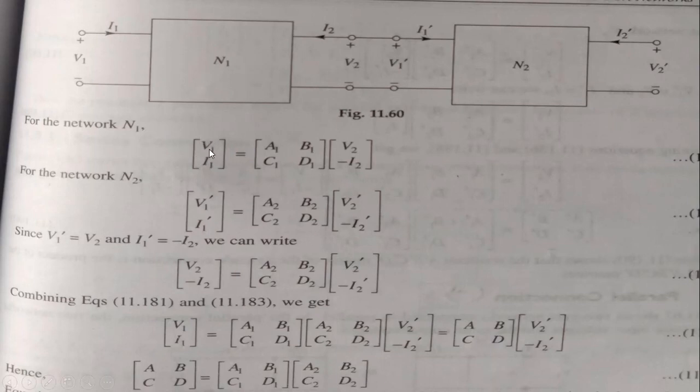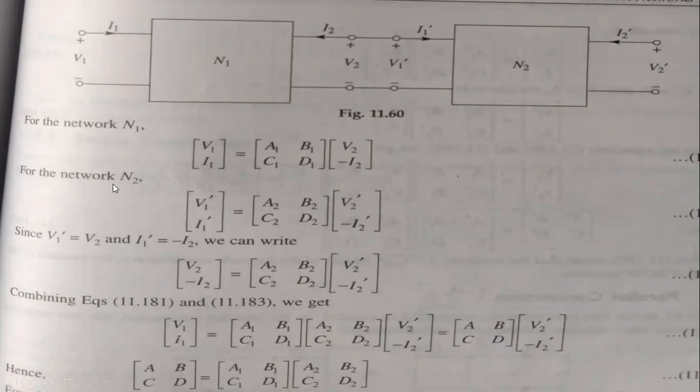This expression is nothing but the transmission parameters A, B, C, D. The network is the first network, that's why we write the notation A1, B1, C1, D1. Similarly, we write the expression in voltage and current, both at the source, that is V1, I1. If you are taking the destination, definitely the direction of the current will change. That's why minus I2 is represented.